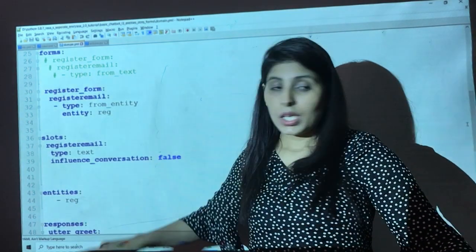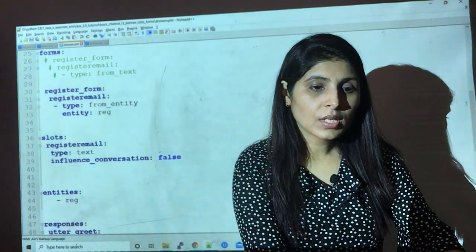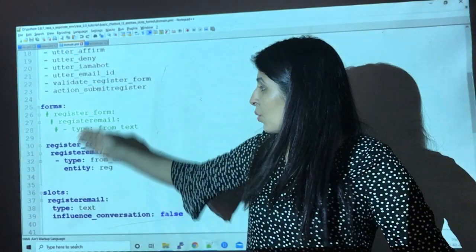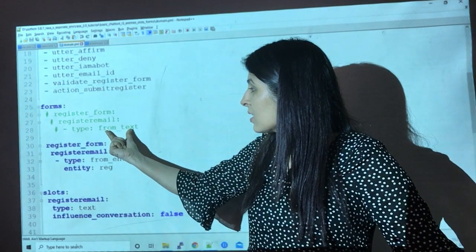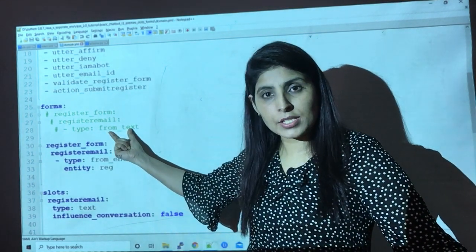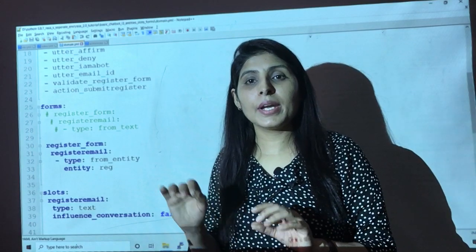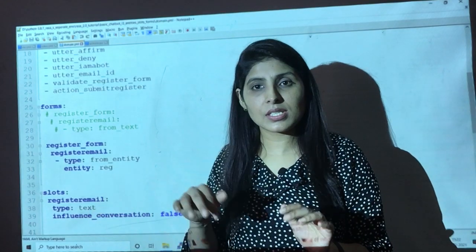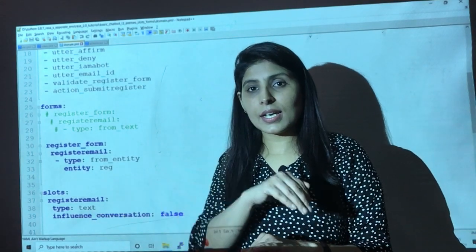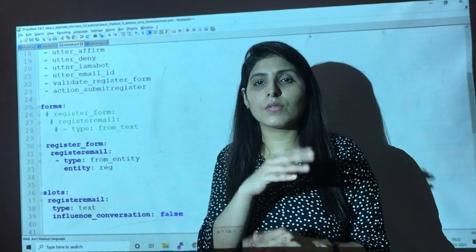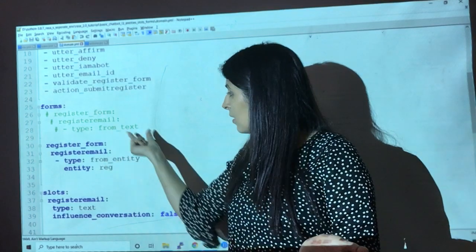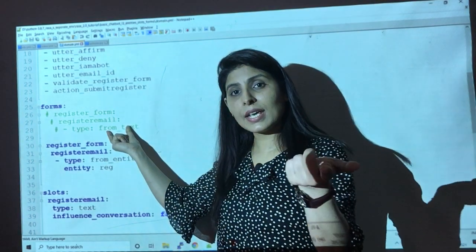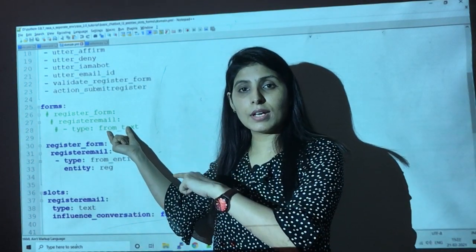All right, now the form. Guys, you remember in my last video I also showed you the form. This is how we created the form in the last video. We were taking this text from text, because the user is typing text in a slot. The user is typing some text, and we get that text because we have used the slot, and from that text we fill the value of a form.